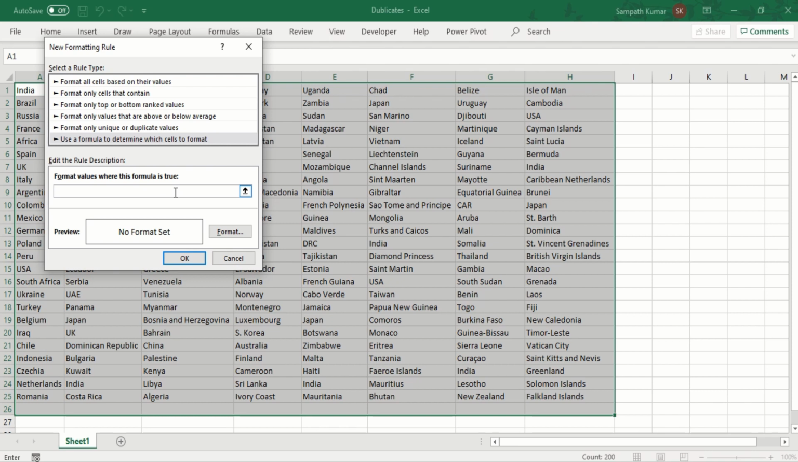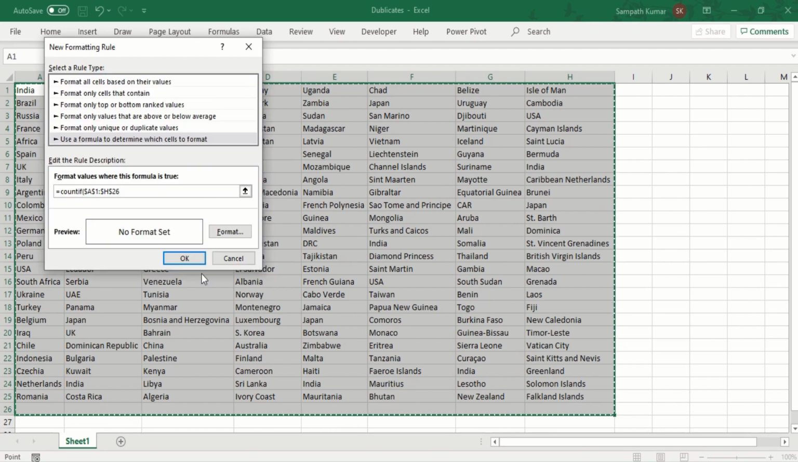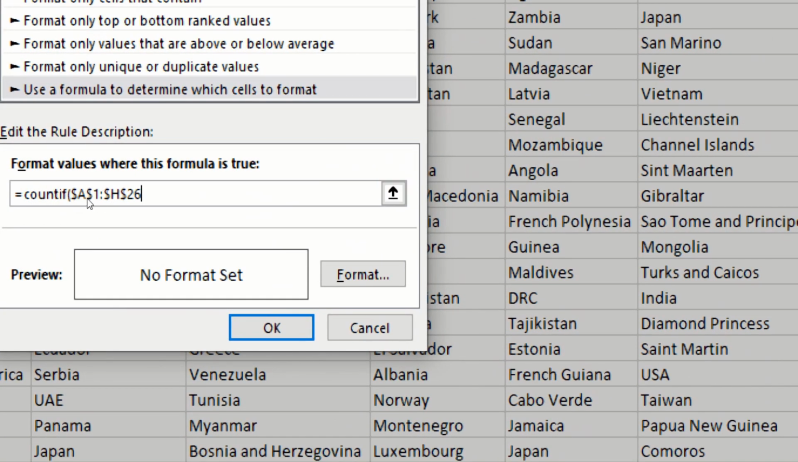First enter is equal to COUNTIF, start bracket. Now select the ranges. I am selecting all the country names here. So by default, system automatically locks the cells when I select the ranges. Now enter comma,